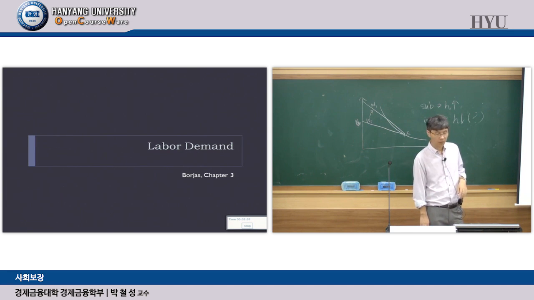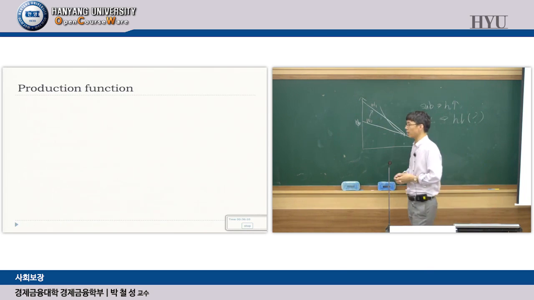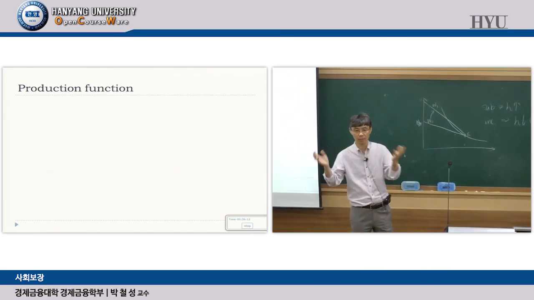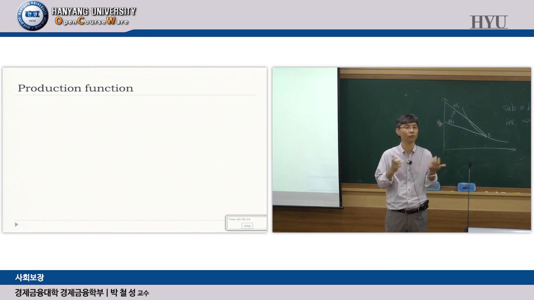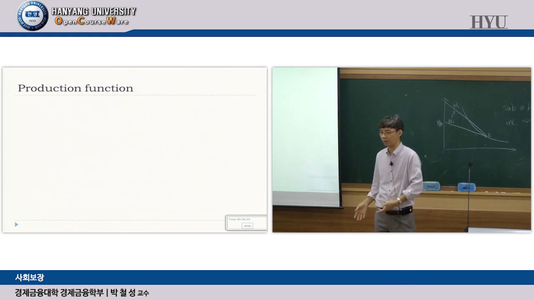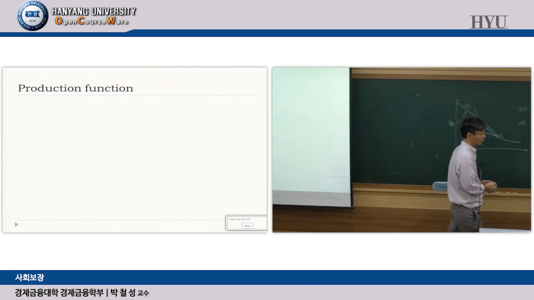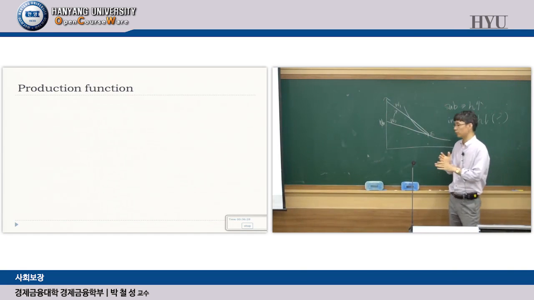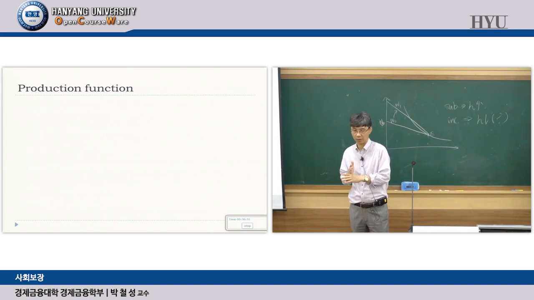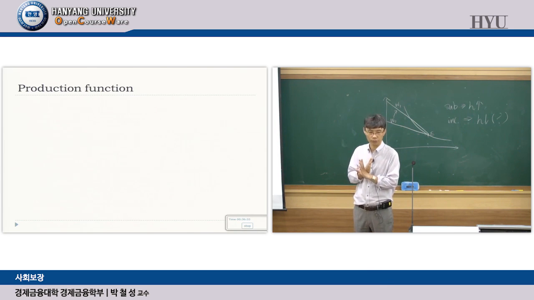So we have looked at the supply side. Now let's look at the demand side. On the demand side, what we are concerned about later, obviously, is the labor demand curve. Okay. Then what is a labor demand curve? Labor demand in the market economy comes from the producers, the firms. Firms hire labor and capital to produce and sell output and make profit. That's what firms do. So for labor demand, what we should look at is the firm's behavior, the employer's behavior, the producer's behavior.